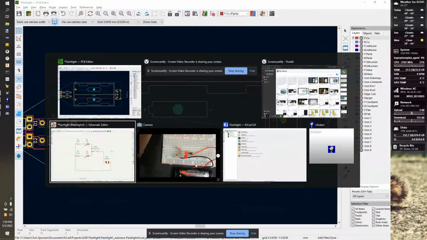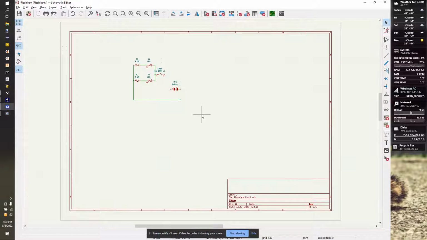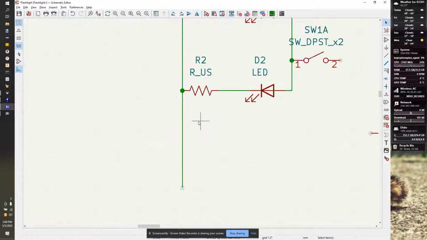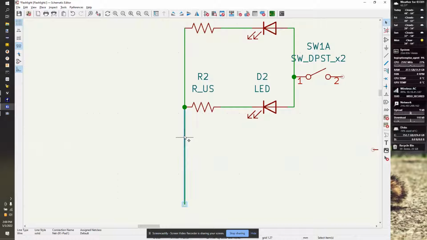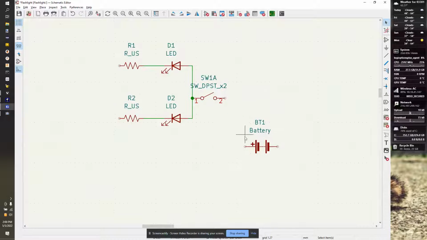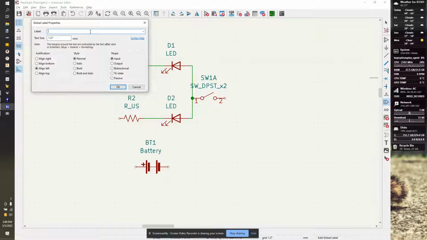So let's switch over to our schematic editor. And the first thing I'm going to do is delete this wire and this wire, and I'm going to delete this wire. Oh, I just hit home and it zoomed out. And then I can use my mouse wheel and zoom in, and I'm going to delete this wire, and I'm going to delete this wire. Now this looks a little weird, but it's actually going to be sort of converting this to the same style circuit as we use a lot of times in like Falstad, where we create a starting point. It's called power,